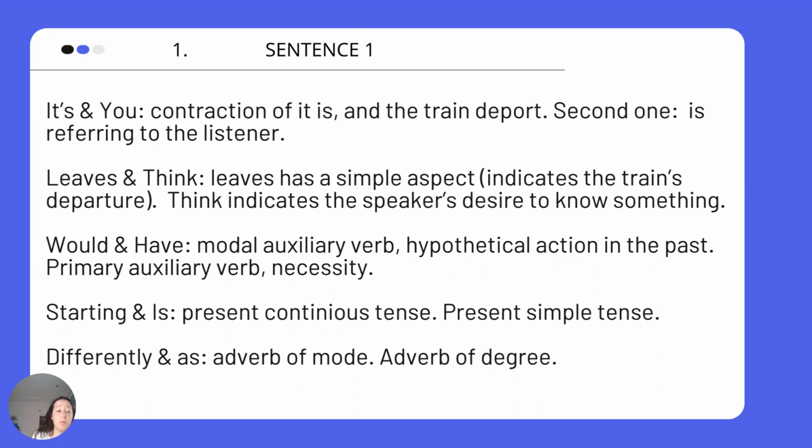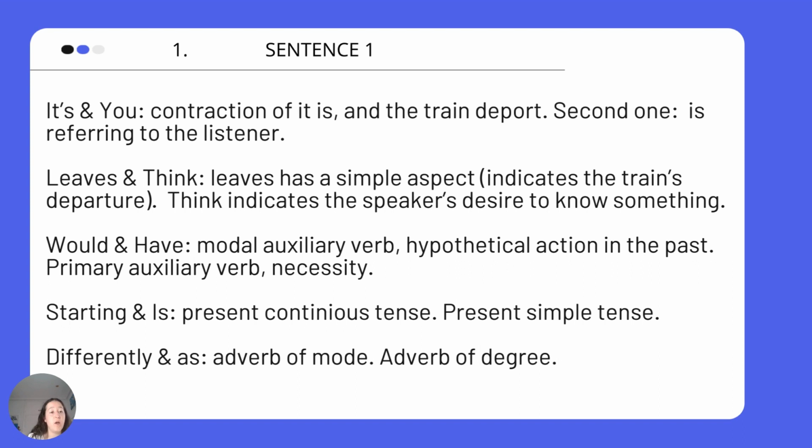And the second word that we have is have. Have is a primary auxiliary verb and indicates necessity. Then we have another verbs